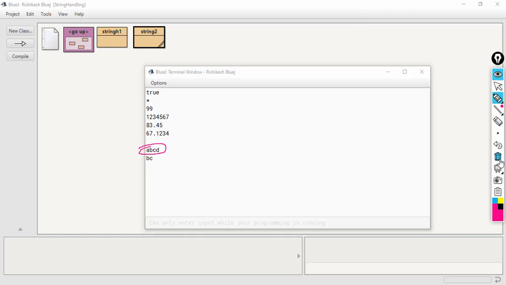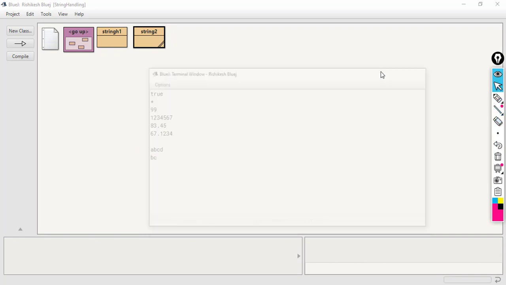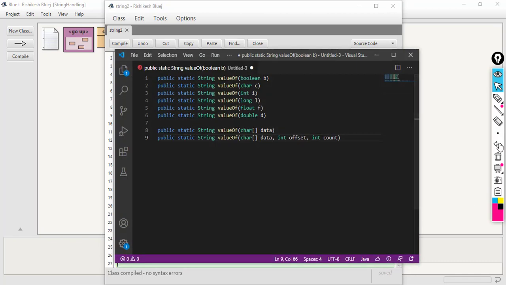Now let's talk about the last one. In the last one we are passing a character array, and along with it we have to pass two parameters.